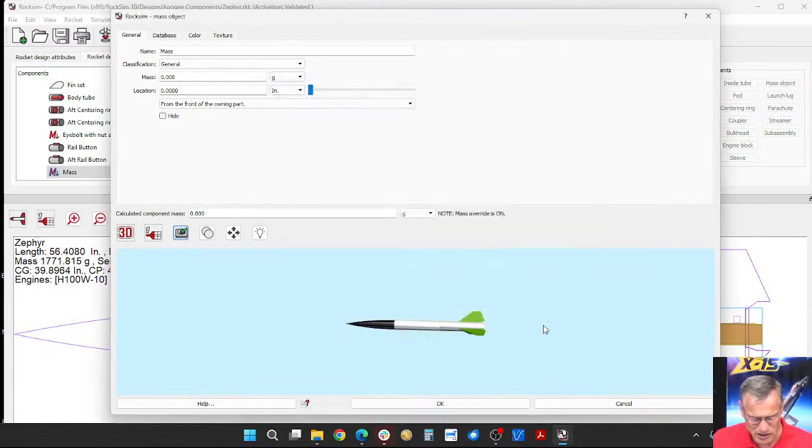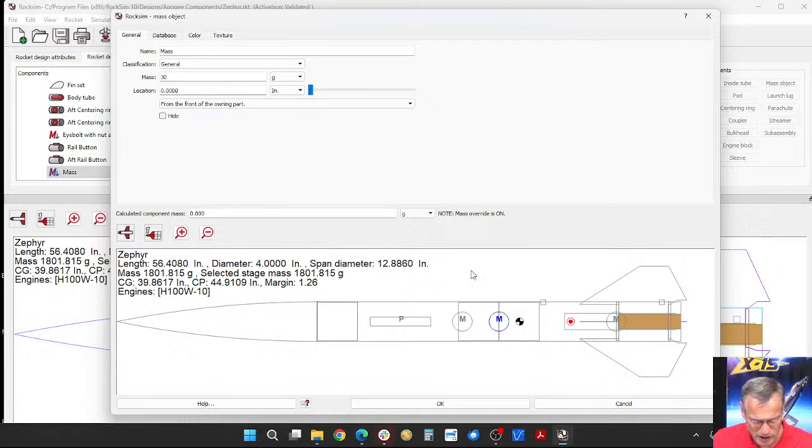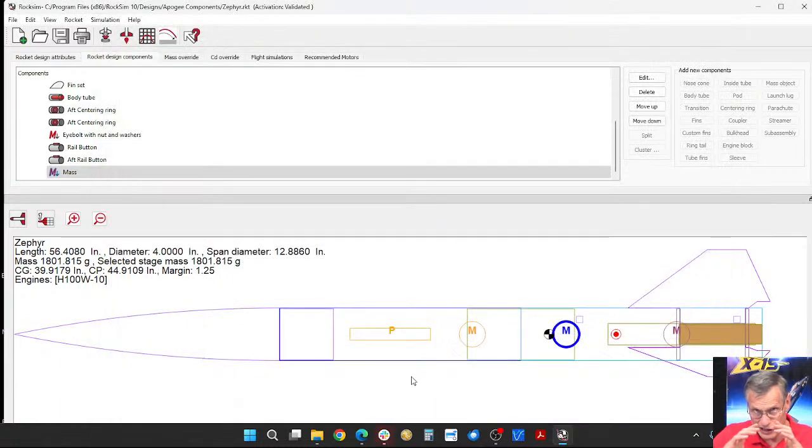Click cancel out of the database. I'm going to say 30 grams here because that's what we did before. And I need to see where I'm locating it. I think before we had it somewhere right about there. So I'll just move it right about somewhere there. Okay, so basically it's kind of like the sleeve, but this time it's a mass object instead of being a sleeve. And if we run the same simulation,